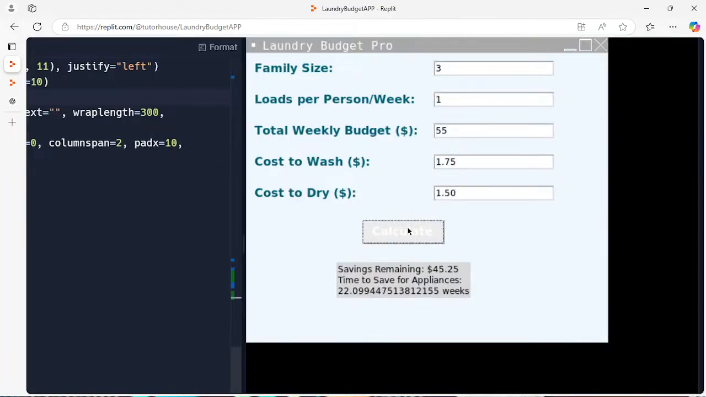Okay, so the output is down there. And the savings remaining is 45. The time to save for the appliance, it says 22.09944. All that. So we need to fix that because we don't want to see all the extra numbers and stuff. We just want to see like 23 weeks, right? Because anything over 22, we're gonna say 23 weeks. Because whatever's remaining for that last week, we'll just pay it on the 23rd week. Okay? All right. So now that we have that, let's go ahead and